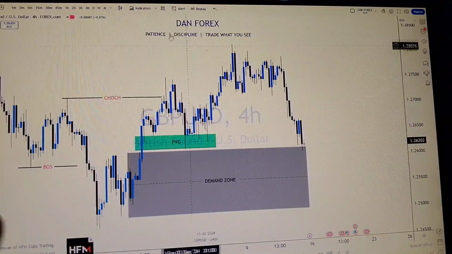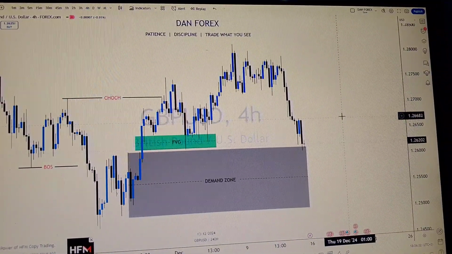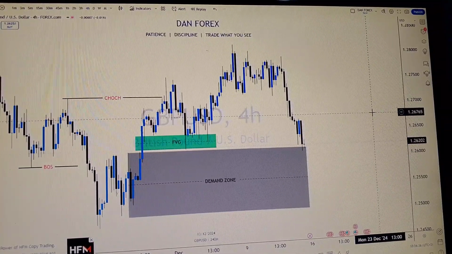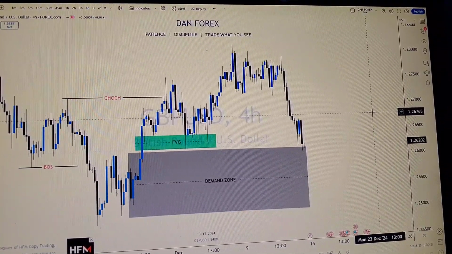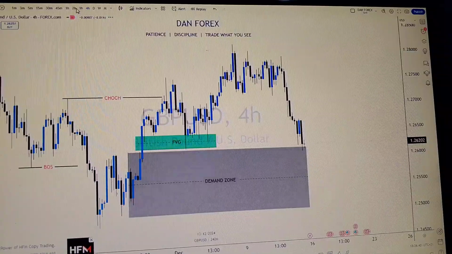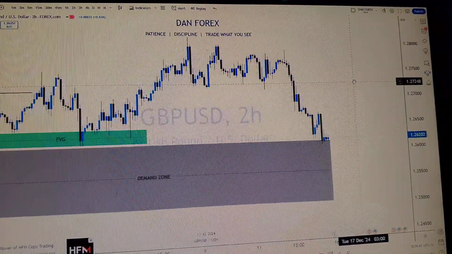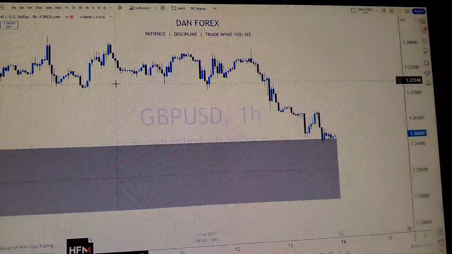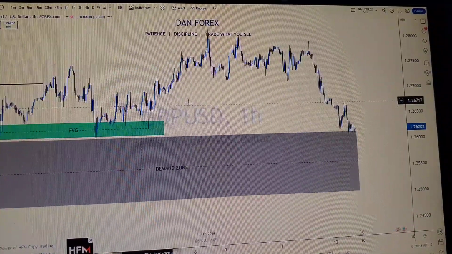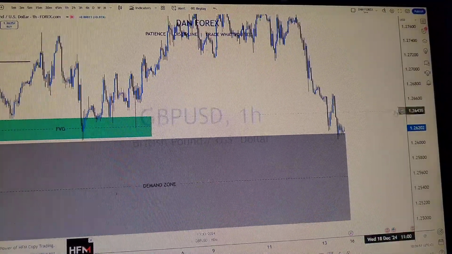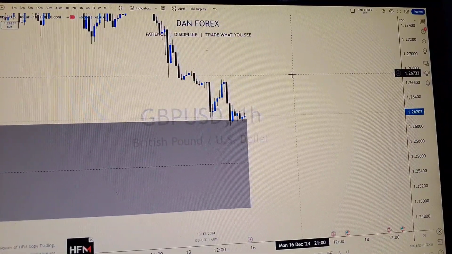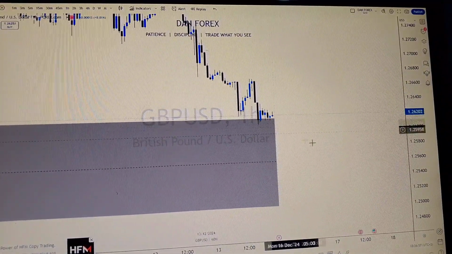Now on 4 hours we don't have much on the structure. We cannot see the structure clearly. So let's go to 2 hours. On 2 hours, nothing. Let's go to 1 hour. On 1 hour, yes, exactly, straight to the point. On 1 hour, we can see that